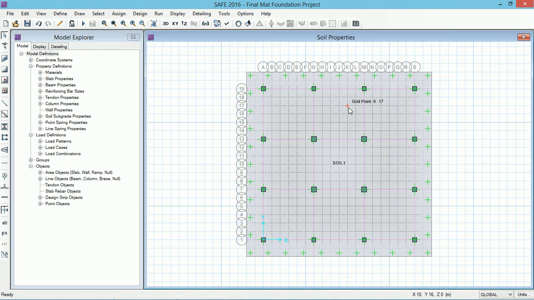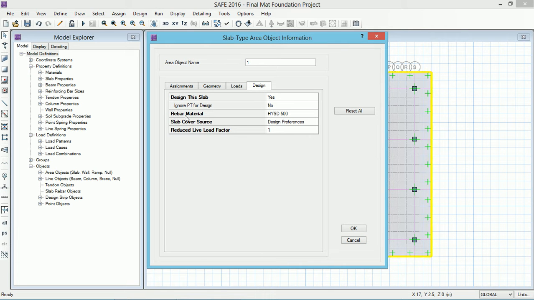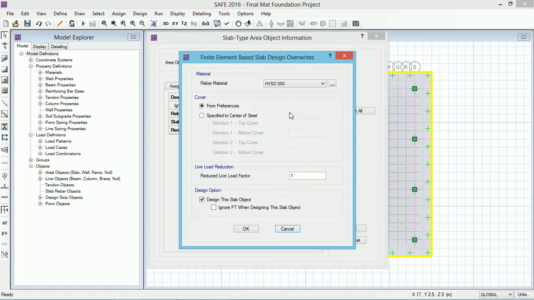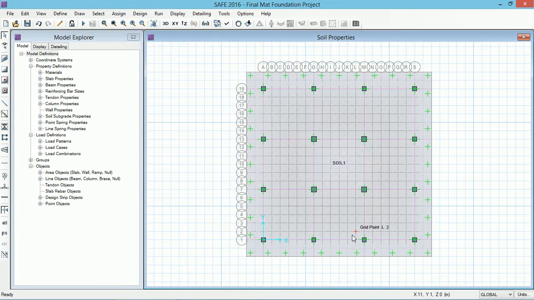After the loading, we have to assign the rebar material for the footing and for the column strips also. For that purpose, we have to right click on the footing, and here go to design. Here rebar material is there, HYSD 500. I have already applied it here. If it is not applied, you can go there and do it in such a way. Click here, and this is for the footing. We have applied the